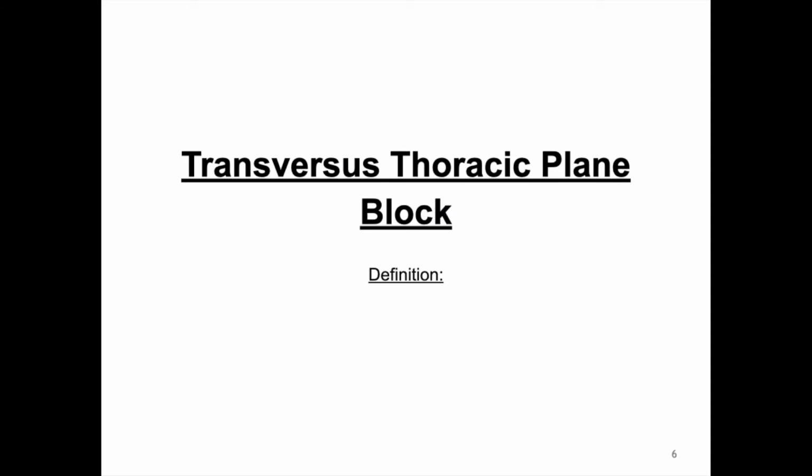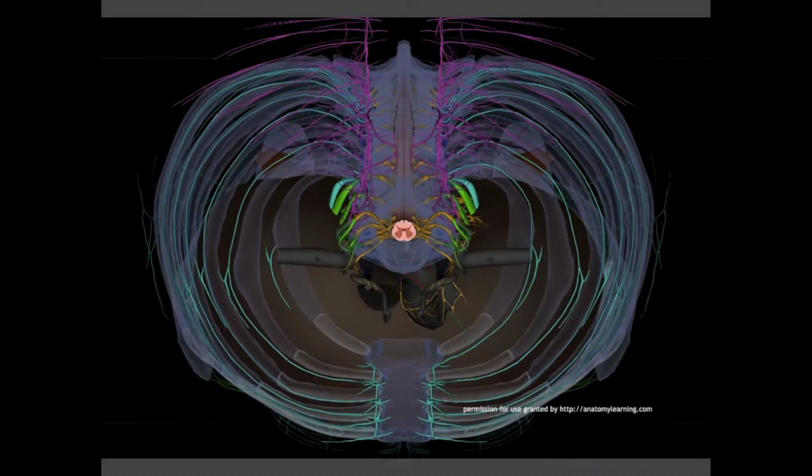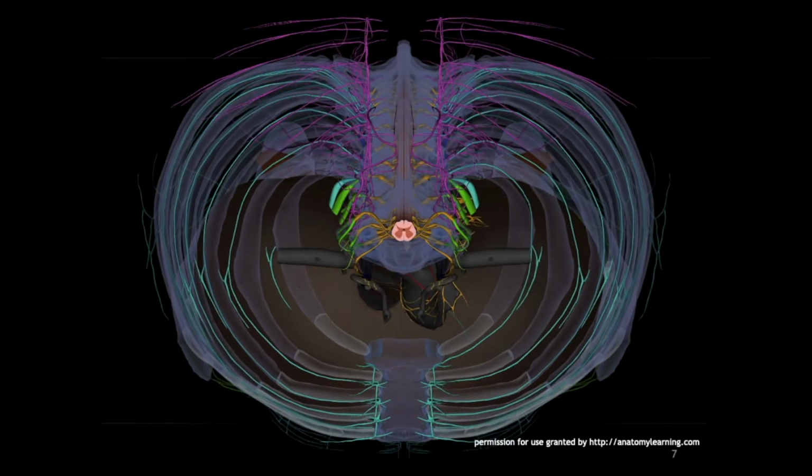First, the definition of the transversus thoracic plane block. The transversus thoracic plane block, formerly known as parasternal plane block, is a new regional anesthesia technique described since 2015. It provides analgesia of the anterior cutaneous branches of the T2 to T6 intercostal nerves to the medial anterior chest